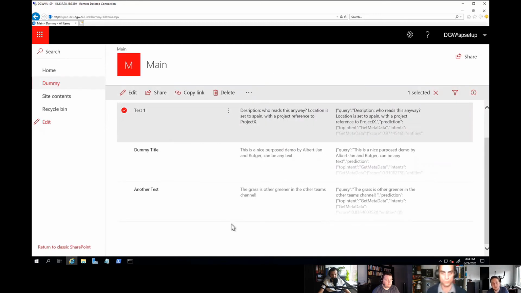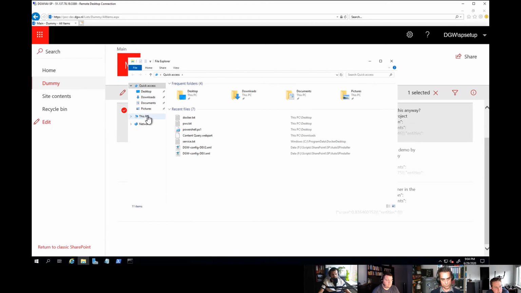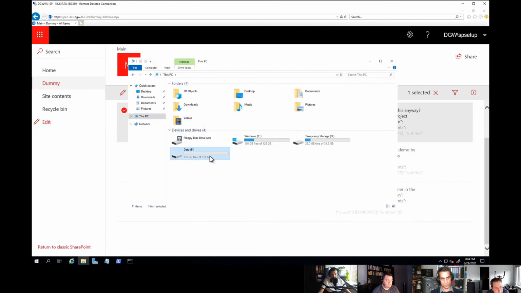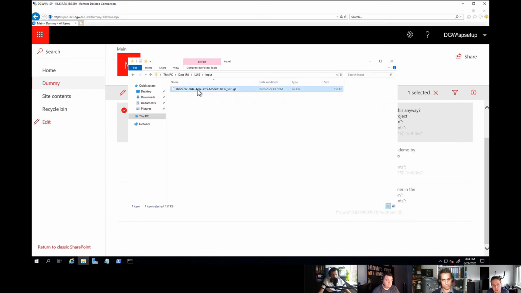Anything I forgot on the technical side, Rutger? I think we captured everything, right? Yeah, basically. Let me make sure that I show this one. I can go to my Lewis model. Here I've got my input, and this is where the file Rutger just downloaded is actually placed. It's